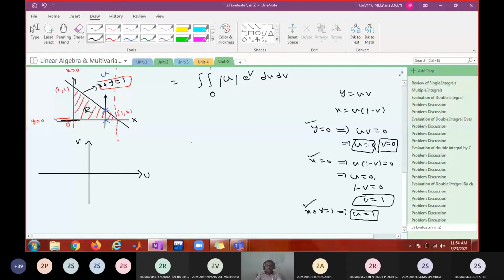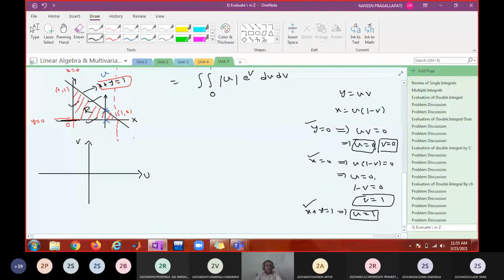And x equal to 1 is only the extent of the region. This is not part of the boundary. Boundary is only these three lines. These three lines' images turn out to be 4 lines: v equal to 1, u equal to 1, u equal to 0, v equal to 0. So this triangular region is transformed into a rectangular region like this, because these are the boundaries, only 1, 2, 3.